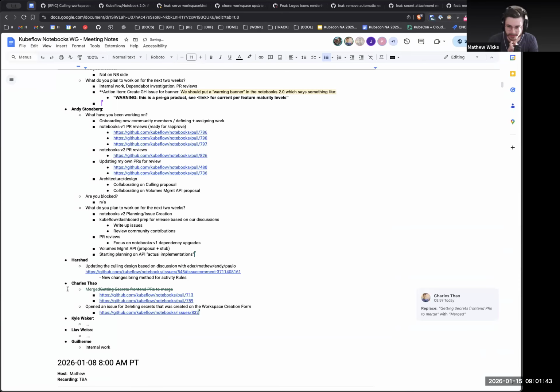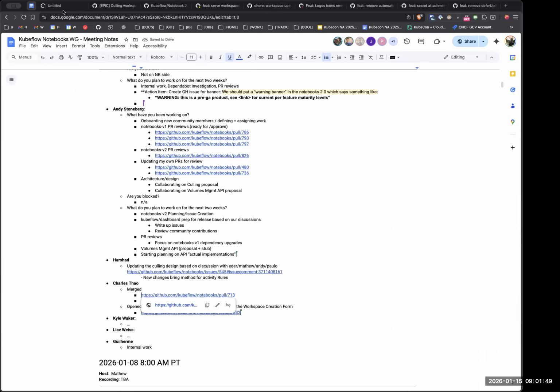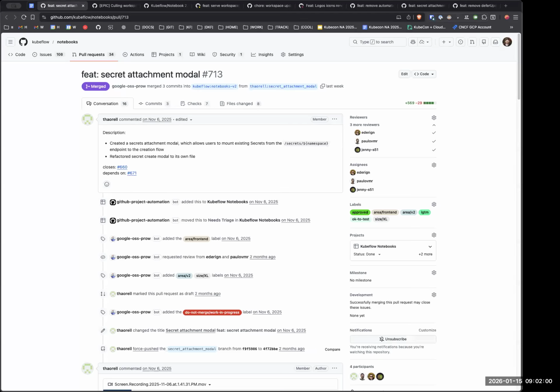Okay, Charles. Yep, so I got those two issues for the secrets front end to merge last week. And as I was discussing before, I am working on the bug that I found this week, and was reviewing some initial designs that we had last month for storage for volumes.